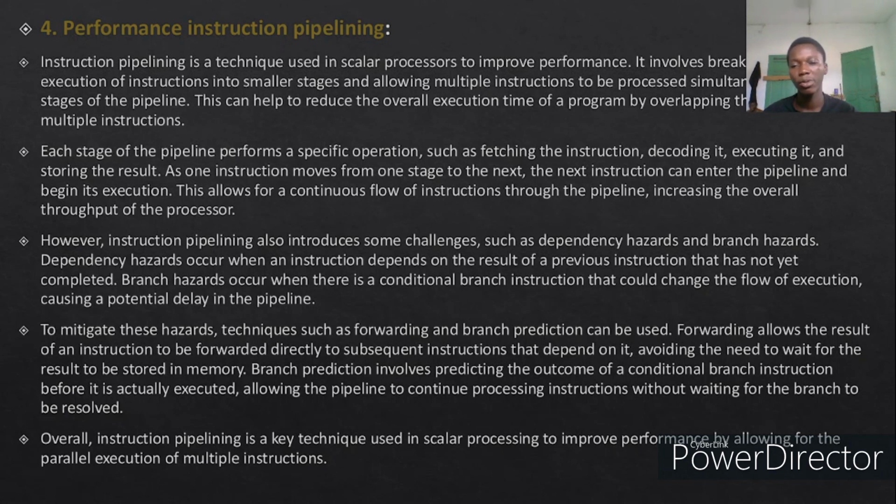Branch prediction involves predicting the outcome of a conditional branch instruction before it is actually executed, allowing the pipeline to continue processing instructions without waiting for the branch to be resolved. Overall, instruction pipelining is a key technique used in scalar processing to improve performance by allowing for